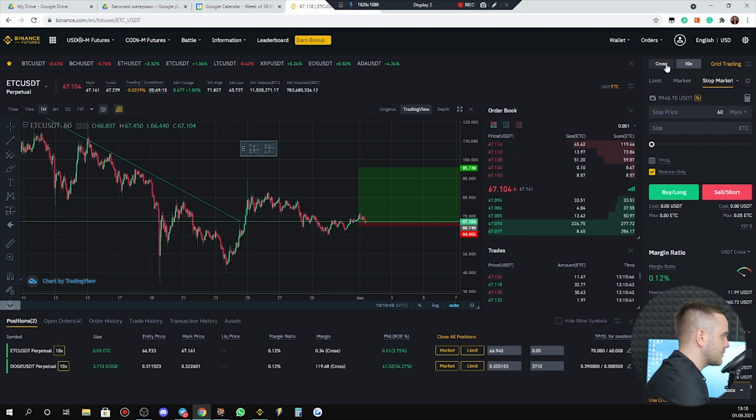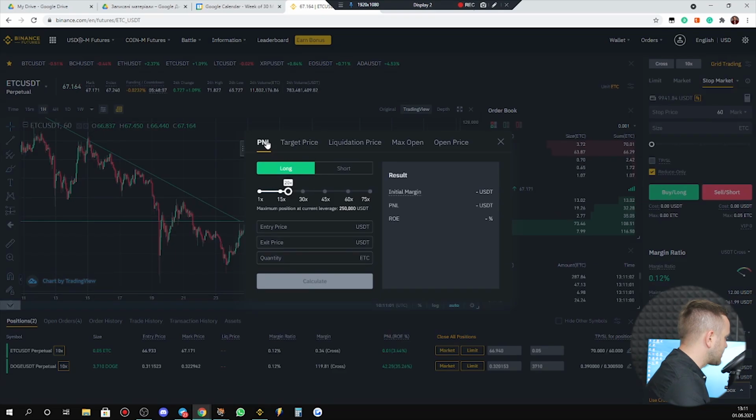That's all. About cross margin, I personally do not use it here. What leverage? 10 leverage, I don't use even more. Yes, if you have a smaller account like 100 USD, it will be better for you to set bigger leverage, but only for educational purposes. The next one is a calculator,